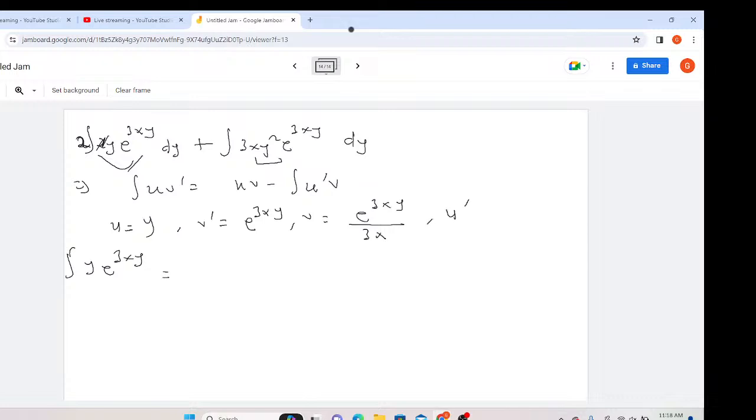And then my u prime becomes 1. I just substitute that: uv. So y exponential 3xy all over 3x minus integral of u prime v. So where's my u prime? My u prime is 1. So 1 multiplied by v. My v is exponential 3xy all over 3x dy. So we have this part: y over 3x exponential 3xy